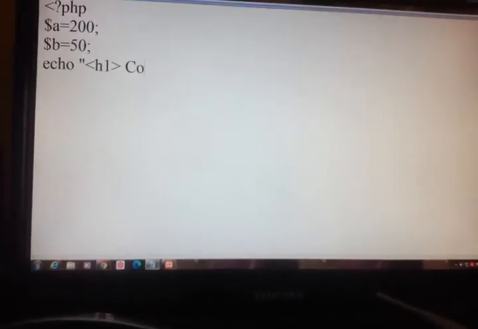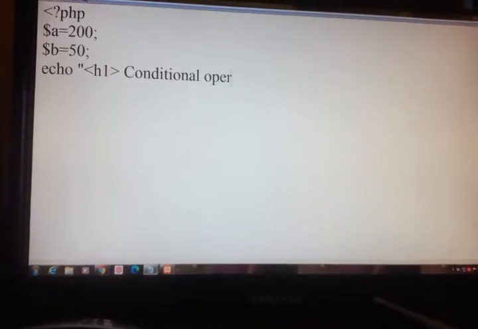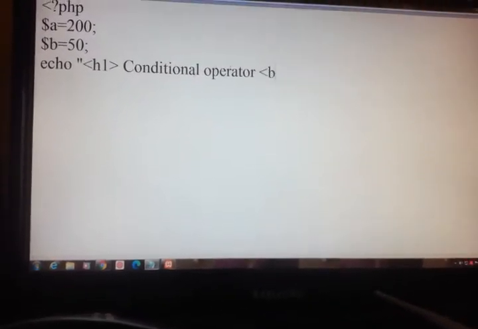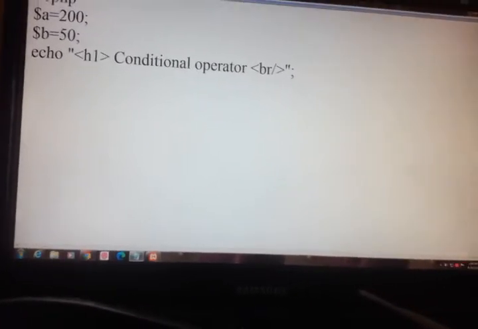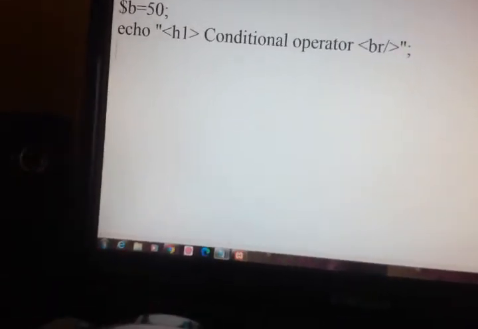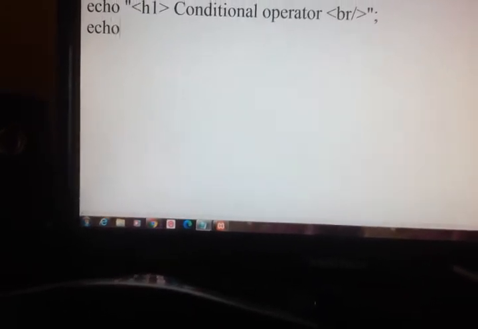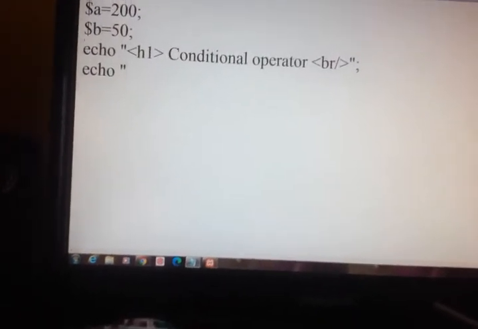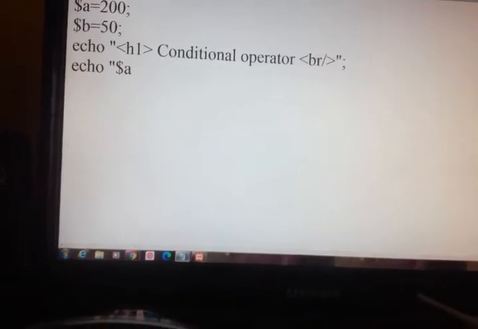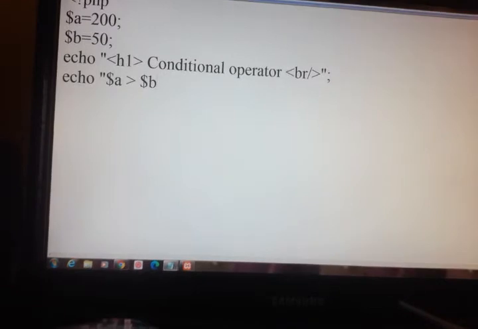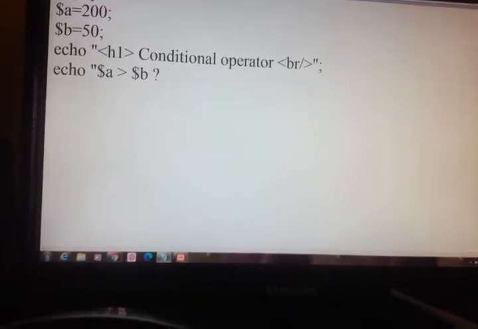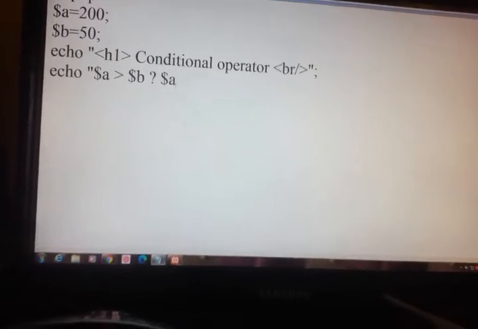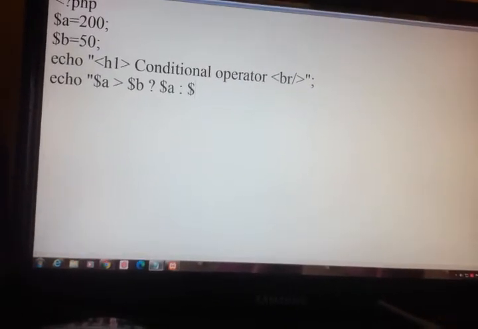Echo conditional operator. Echo $a greater than $b question mark $a colon $b. This is the example.